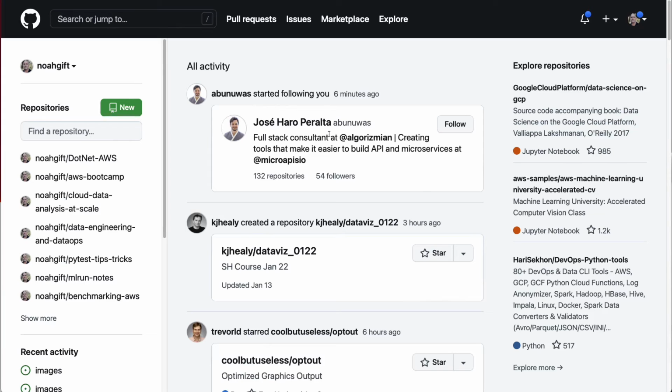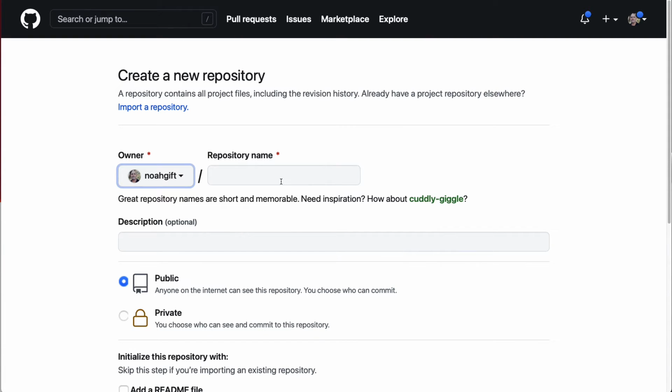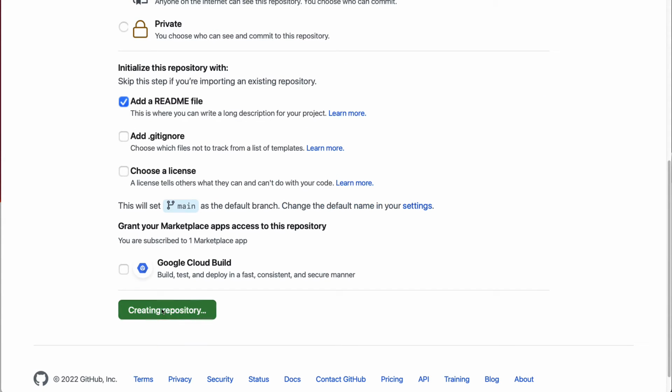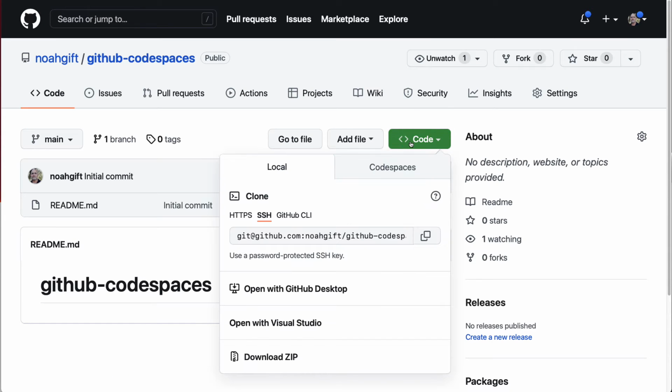Let's go ahead and go over to GitHub. I'm going to create a new repo, and we'll call this GitHub Codespaces. Here we go. And from here, I'm just going to make a README file, create the repo. That's step one. Step two is, now that I've created this repository, I'm going to go to Code here, go